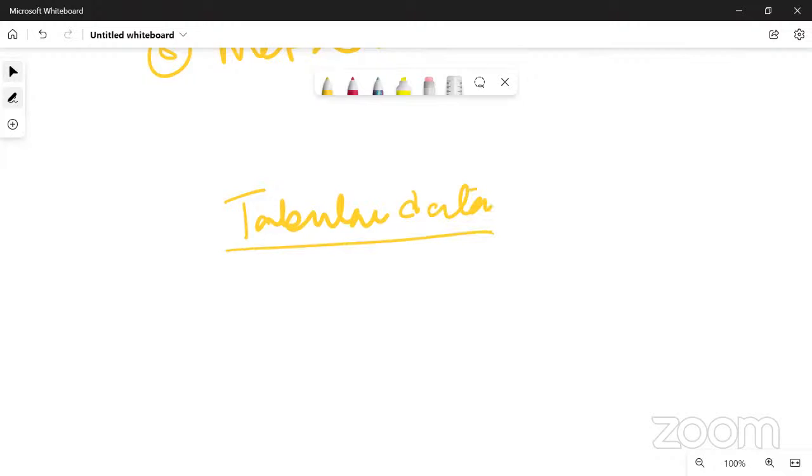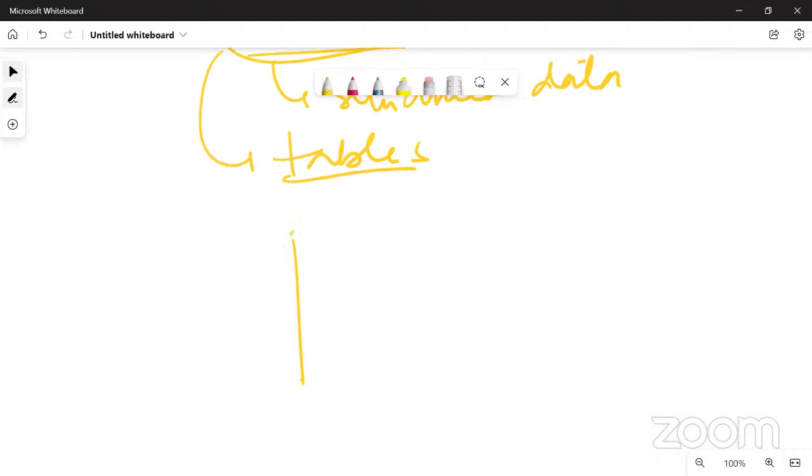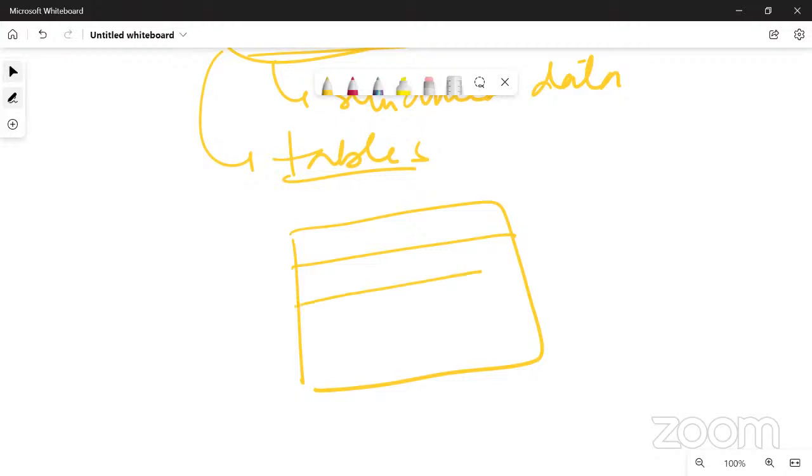Now, tabular data is for structured data, where you have a proper structure for the data that you are putting into your database. With the name tabular, there will be tables, and each table is going to have rows and columns. Each record has the same number of attributes of the same type.